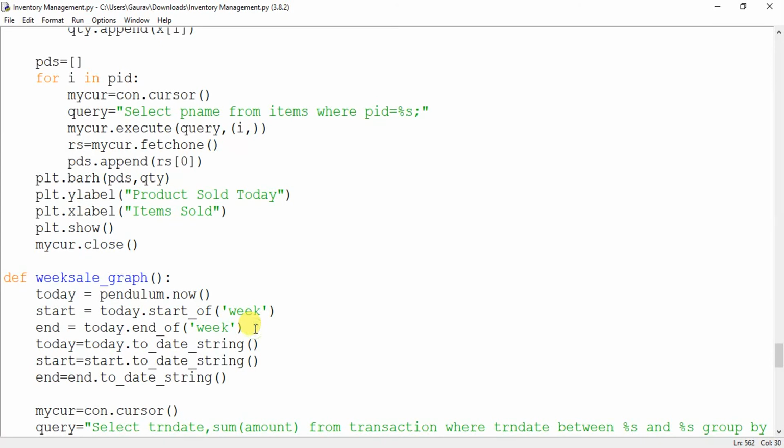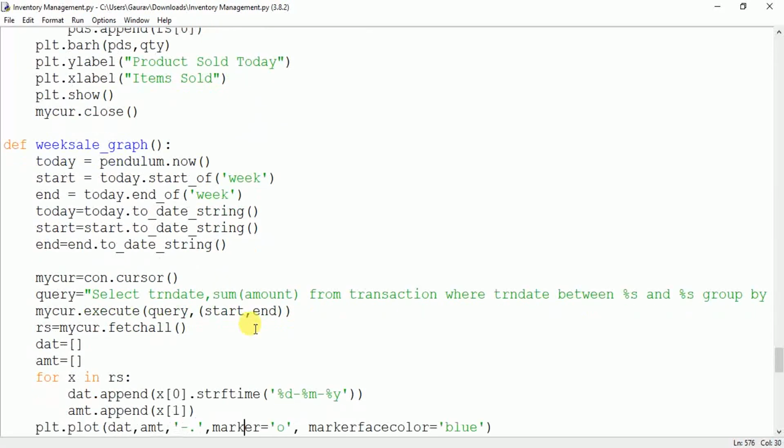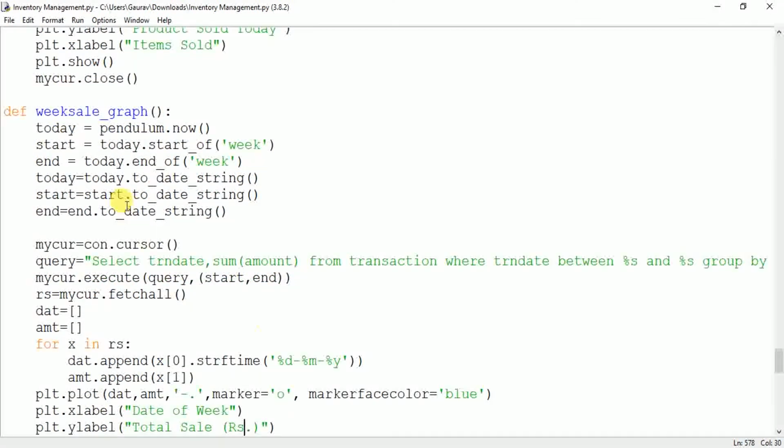These functions are not available in the datetime module, so we have to use this pendulum module. Then you change this today into a date string, and the start and end into date strings, because these will be date values, so you have to change them into date strings.